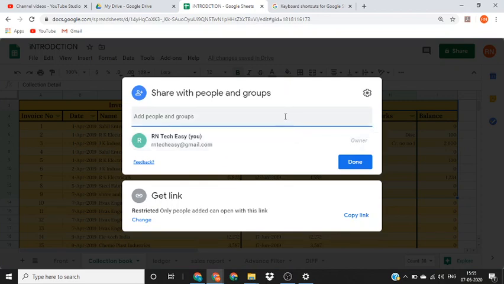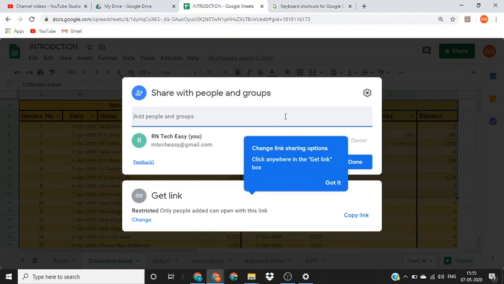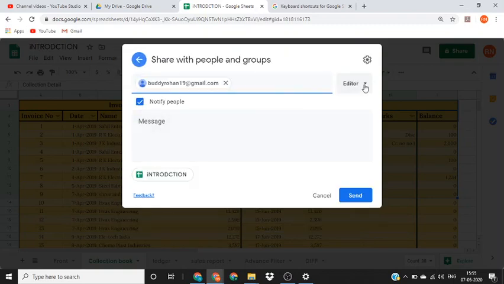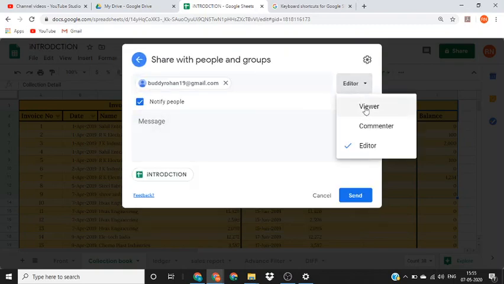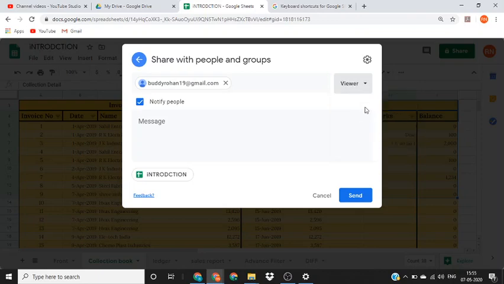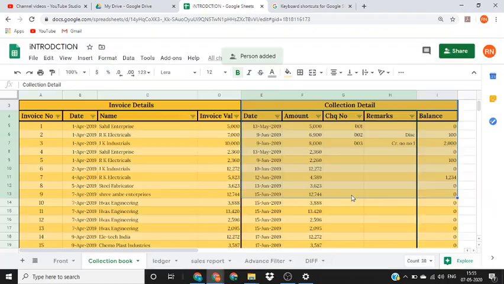So let's say I will share this sheet with one of my email IDs and I will restrict its right only to a viewer. And I'll say send. Now a notification will be sent to my other ID and I can view this sheet anytime and anywhere. Similarly, you can also access this sheet from anywhere and not just from your office.